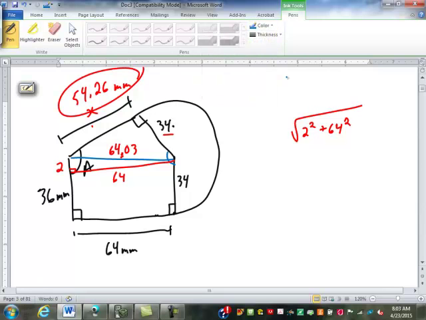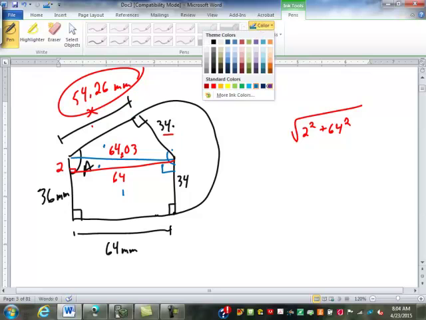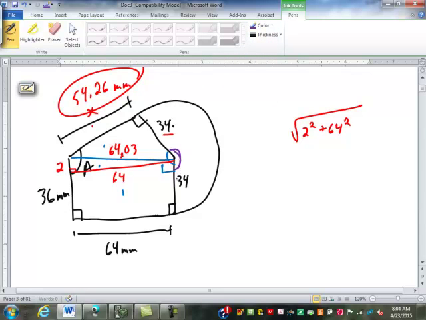Now to find some areas. Well, we know that this is a right angle here. And we can find this is a rectangle, this is a right triangle, this is a right triangle. We can find those 3 areas. We need to find this sector over here, and to find that sector we have to know this angle. Well, we know that this is a 90-degree angle here. We can find this angle here because that angle,